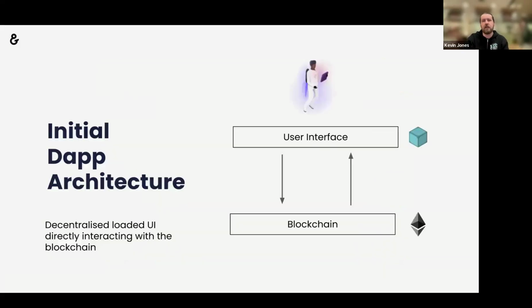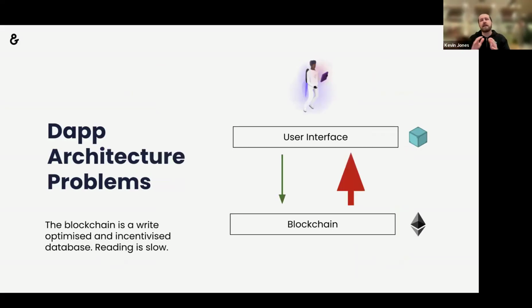It's very complicated. Also, like I said before, the original idea was to create a dApp where you had a user interface with HTML, CSS, JavaScript, and you read and write from the blockchain. So you propose transactions to update the blockchain smart contract or the state, and then you read that data directly from the blockchain. But when it comes down